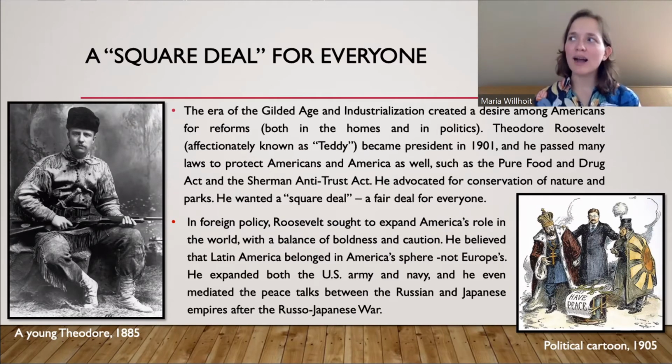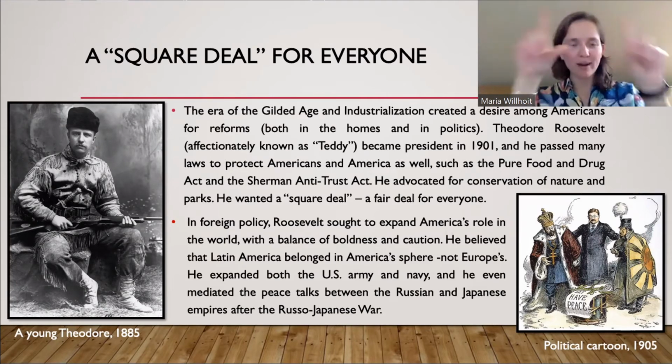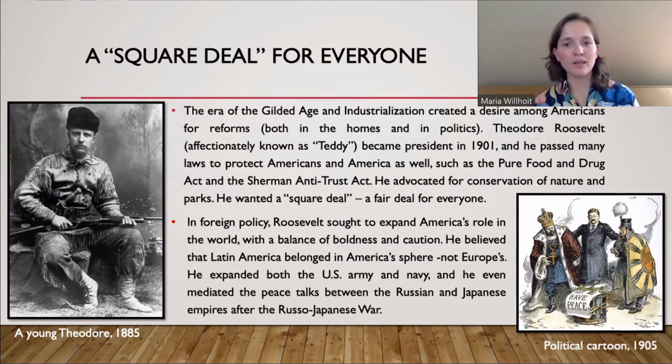But he was one of the first major presidents, I would say, that really tried to stick up and fight for the common man. And he wanted to give what we call a square deal for everyone, which means everyone would get an equal deal. A square has equal sides. So everyone was going to be treated well and fairly. One person or one industry wasn't going to do better than the other. It needed to be equal. So he wasn't anti-business, he wasn't anti-industry, but he did put regulations.